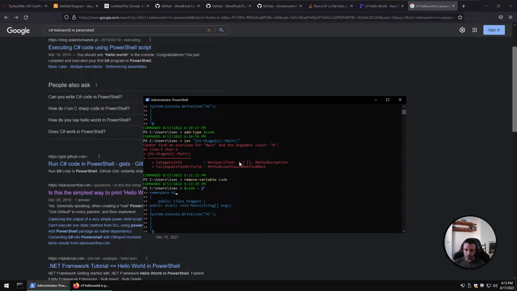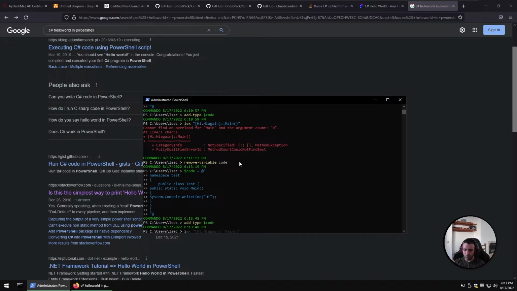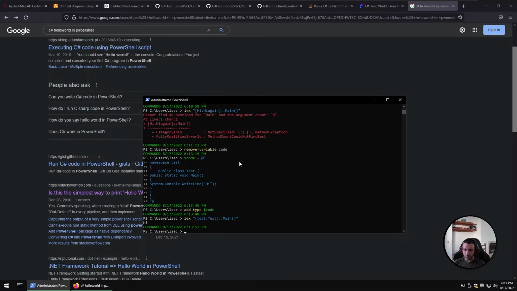Namespace, let's call it test, and then public class test, and then static void main, and remove the arguments because maybe it's expecting us to give some arguments. So run that, do add type code, do IAX, same thing. Now beside hi we need to test, and beside the class we're gonna need capital test, then main, and there